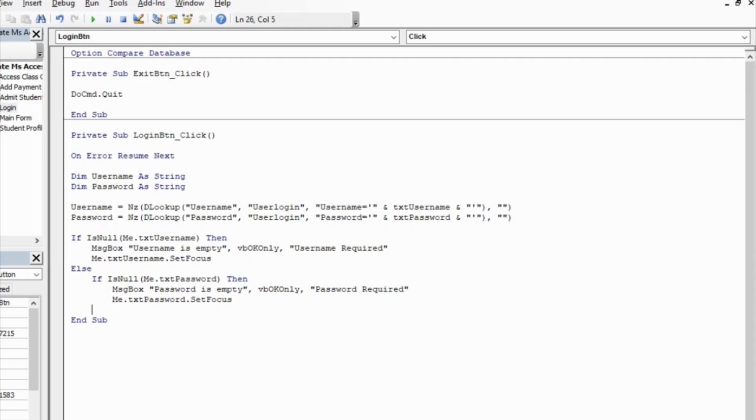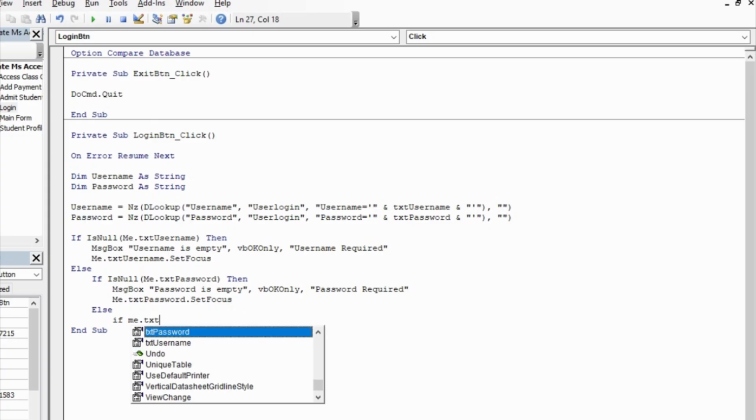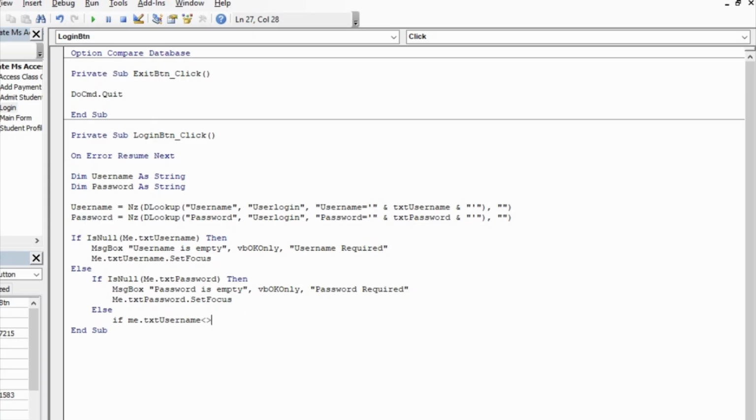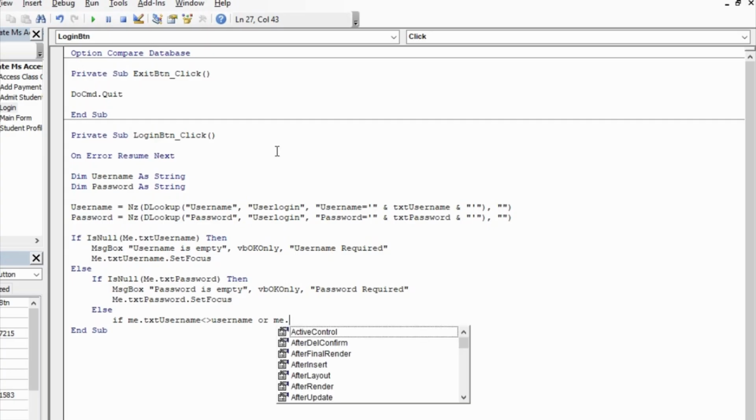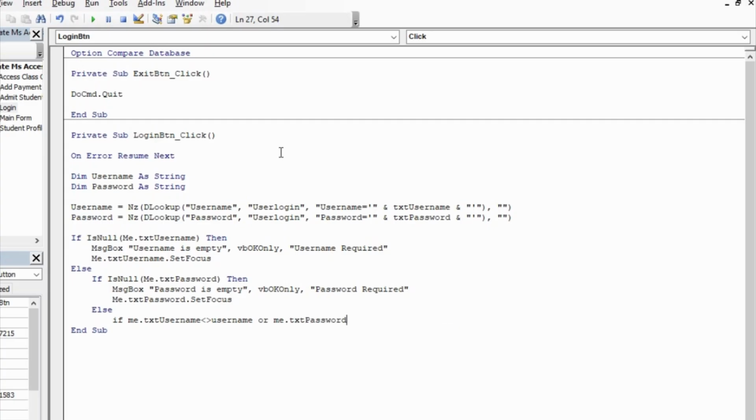If everything is filled, then we have to compare what is entered into the form to what is in the table, the user login table. So here, else if Main.txtUsername is not equal to username, or Main.txtPassword is not equal to password,